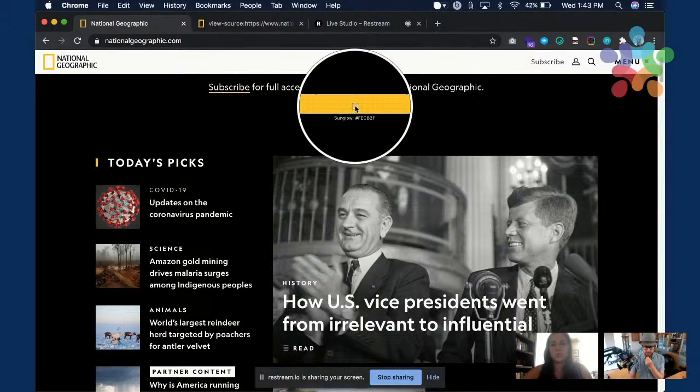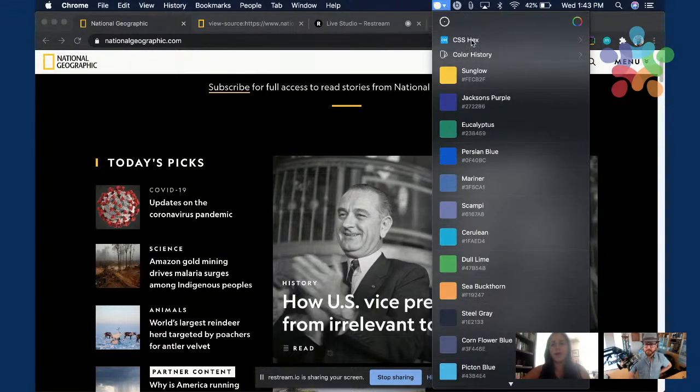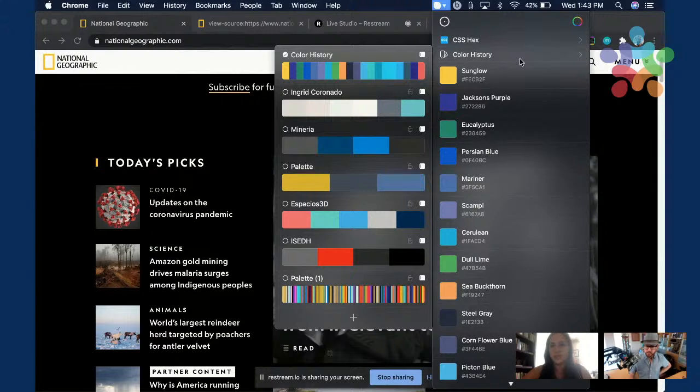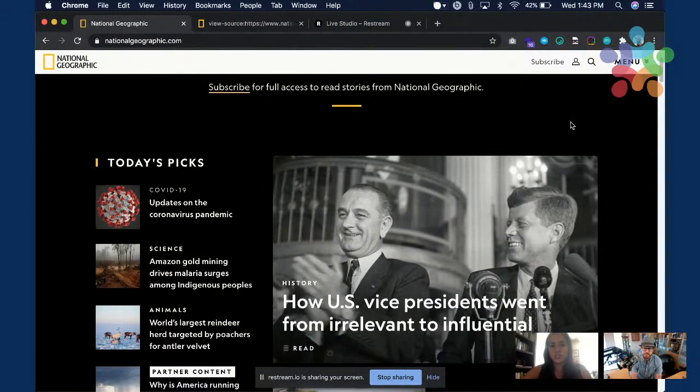I have this tool called Zip. I will mention the tools I use in case you find them useful. It's there on my toolbar, and it's pretty cool because you can use shortcuts to grab any color from your screen, not just a browser.